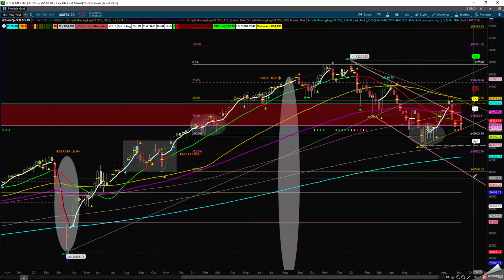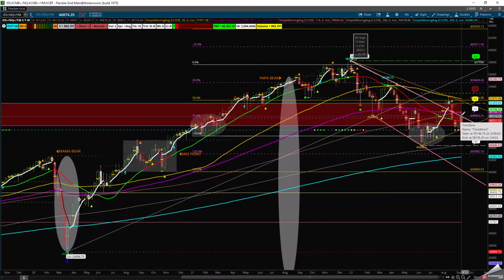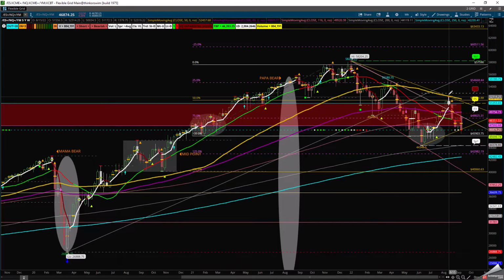If this compression fires to the downside, we've got the 200 SMA and the 250 in this box of consolidation of the three instruments. If we fire back up and reverse, we look for the 38 and the 50 simple moving average. What I want to do is show you the scenario for a 15% decline or 20% decline from where we started the move up here on the 50 SMA. If I take this line down here and push it all the way to a 20% decline, we would get to the range of the